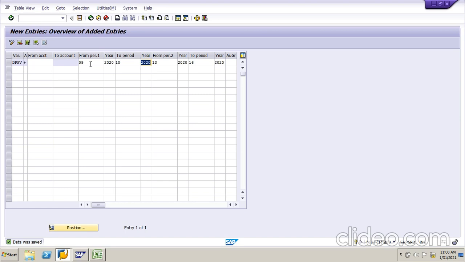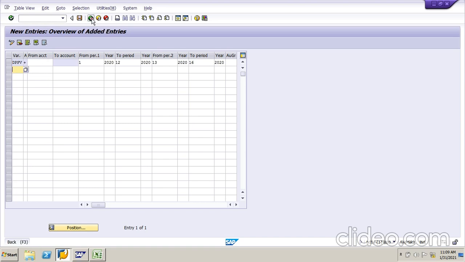Open and close posting period means we can allow the transactions, we can restrict the transaction posting time. So here I am going to open all, 01 to 12, which means we can record the transaction from 1st to 12th period, and save.